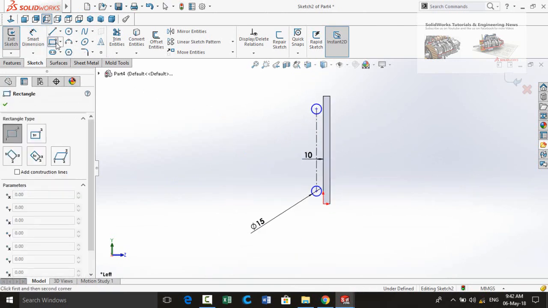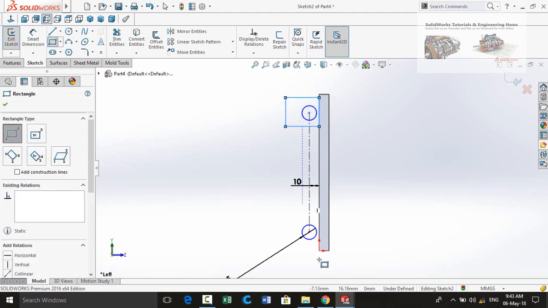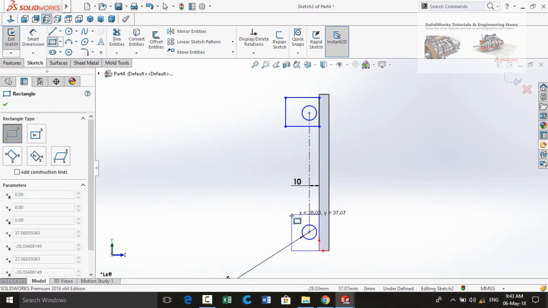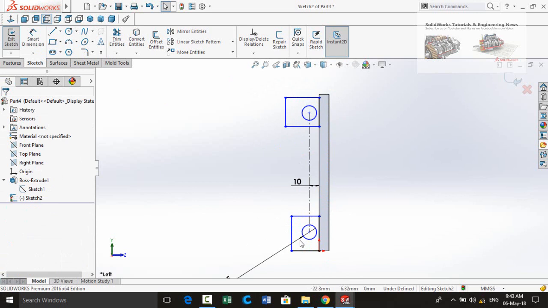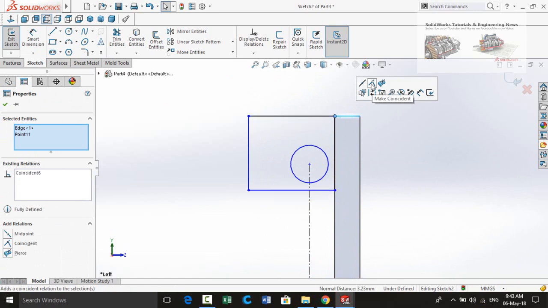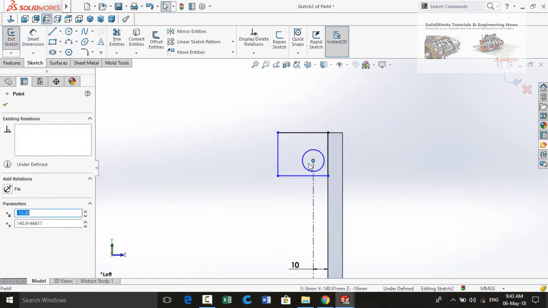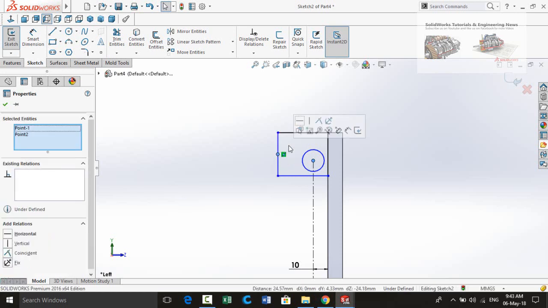Then draw a rectangle. Similarly, one rectangle here. Now select this point and this line, make their relation coincident. Now select this point and this midpoint, make their relation vertical.